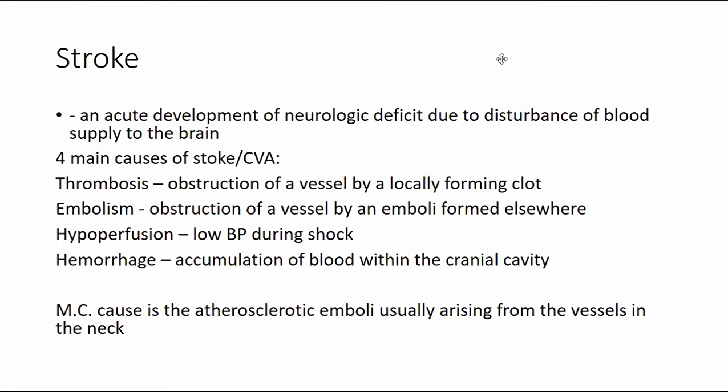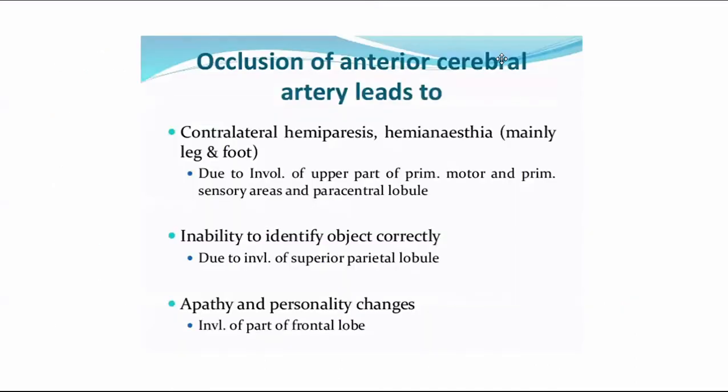in a ruptured aneurysm. The most common cause among the four is an atherosclerotic embolus, usually arising from the vessels in the neck, from your carotid vessels. An embolus forms and it lodges in the vessels in your brain. Now, obstruction or occlusion of the three major cerebral arteries will lead to